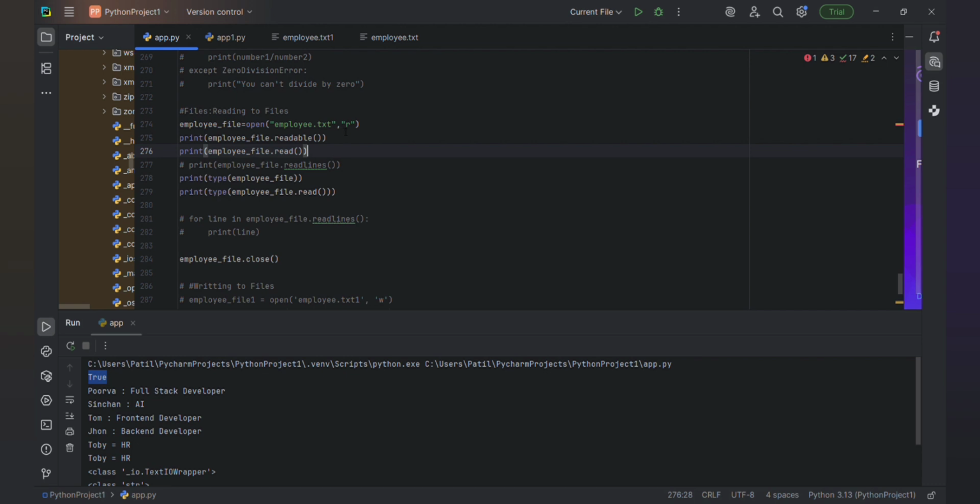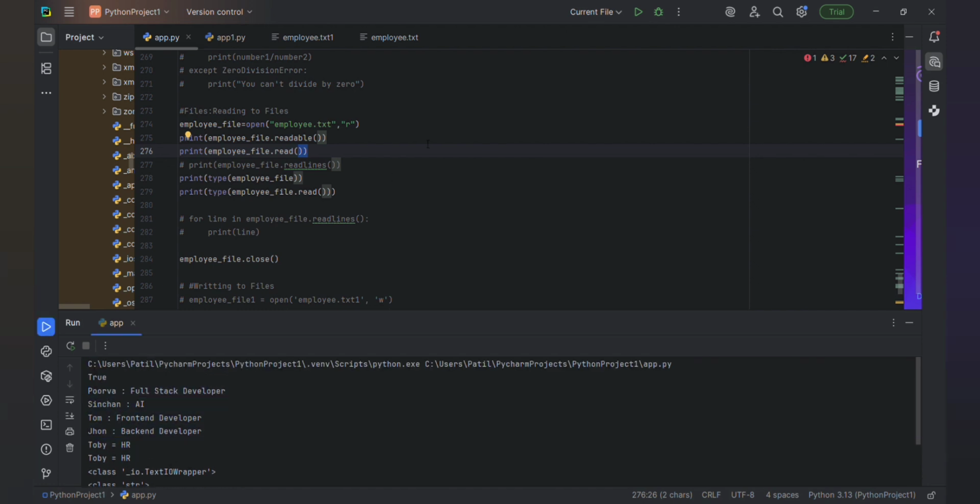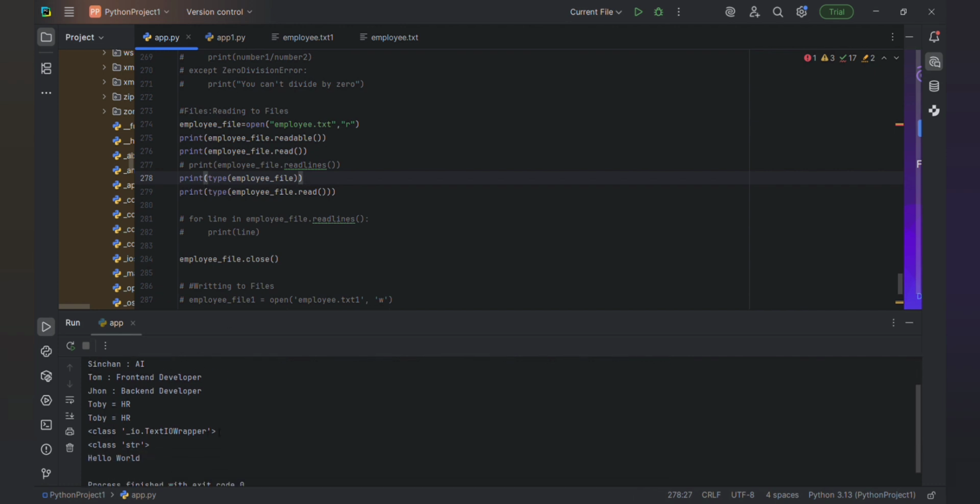If you want whatever is in that file, just use dot read, then it will read whatever is in that file. See here. And the next thing is the type of that file. Here the type of the file is text, and the type of this read content is string.